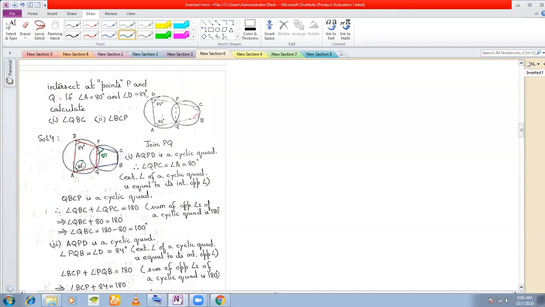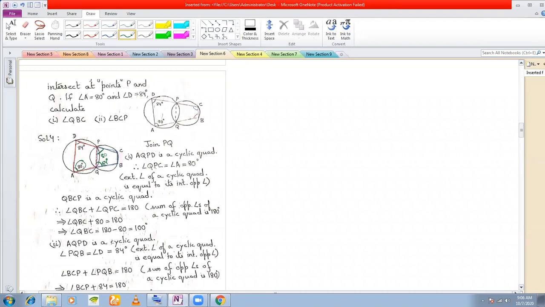Now consider the red cyclic quadrilateral once again, the same one. If you see the 84-degree angle there, that 84-degree angle is interior opposite to which exterior angle? It is interior opposite to this angle. So this is 84 degrees, right? So therefore, what should be the other unknown angles?